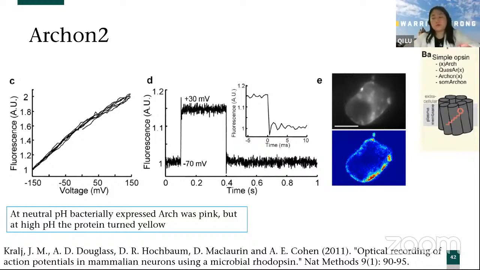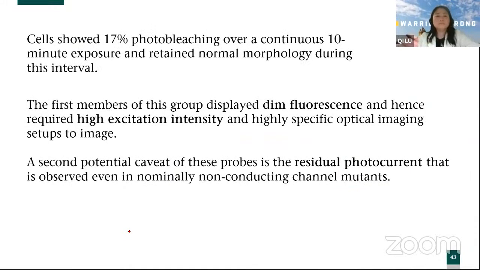That's due to the interaction of the retinols with the proteins, which will be changed. So arterioles were actually the best. At neutral pH, basic arterioles are pink, but at higher pH, the protein turns yellow. But there are some problems. The cells show a 70% photobleaching over continuous 10 minutes of exposure and retain normal